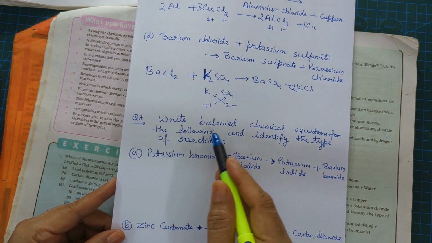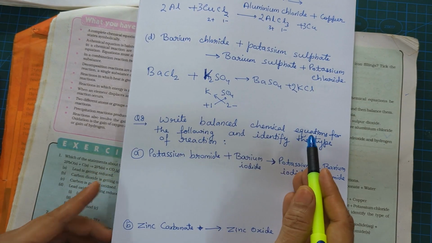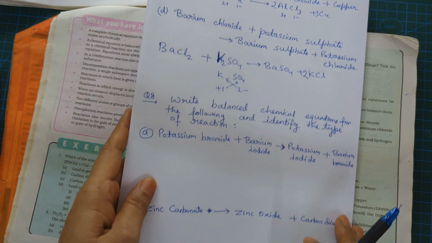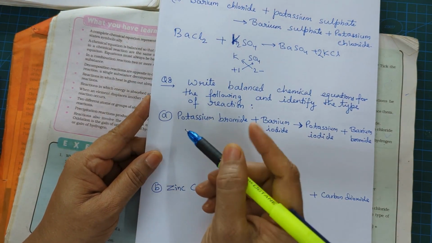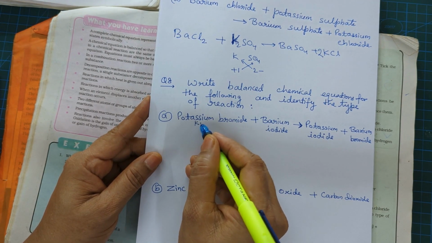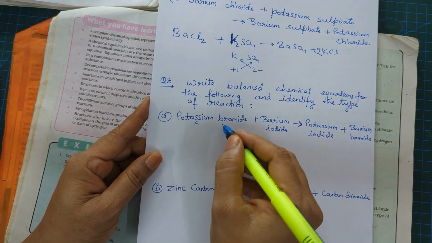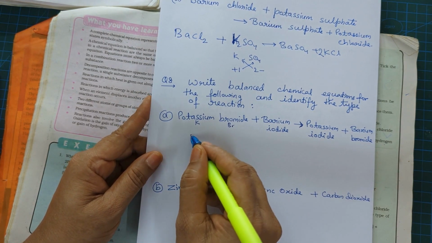Now question number 8. The question is write the balanced chemical equations for the following and identify the type of reaction. Excellent. So potassium bromide. How do we write potassium bromide? Potassium is a K, single oxidation state. Bromide is also single oxidation state. So Br, so KBr